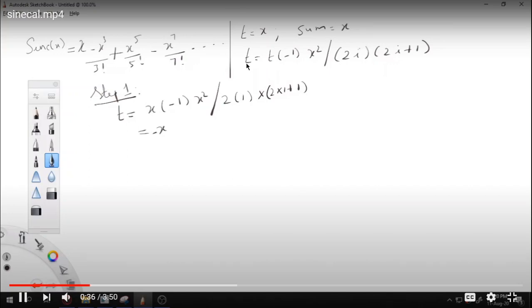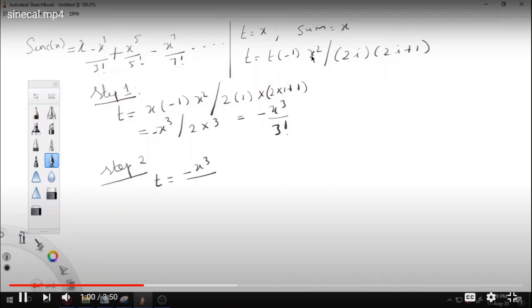The next term is t into minus 1, because we have alternating signs. So minus 1, next time minus into minus becomes plus, then plus into minus becomes minus. Likewise this minus factor gives you the logic of the alternating signs in the series. Then every time we multiply the term by x square, because x into x square is x cube, x cube into x square is x power 5, and x power 5 into x square is x power 7, and so on. So we are multiplying the term by x square.